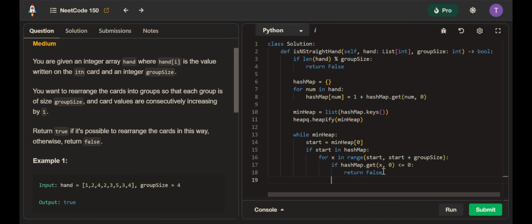Okay, and after this, we are going to consider that we use this value. So what we will do is that in the hash map, at the position of that particular number, we're going to decrement its count by 1. And then we want to see if by decrementing its count by 1, we made its count equal to 0. So if the hash map at the index of x is now equal to 0,